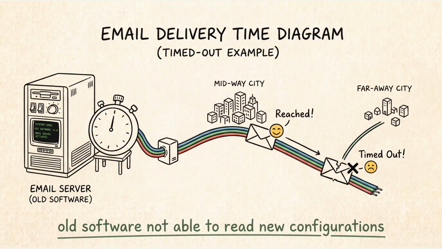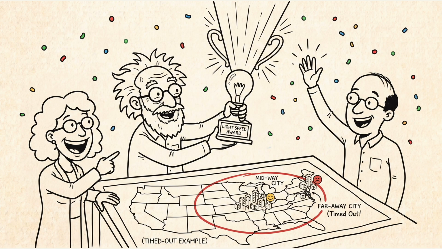The email server was that driver, except its rule said wait 0. And even with 0 patience, the old computer needed about 3 milliseconds just to turn around and leave. And in 3 milliseconds, light through a glass cable can travel out and back, about 500 miles. The statistics professors hadn't just found a software bug. They had accidentally measured the speed of light in fiber lines, using failed emails.